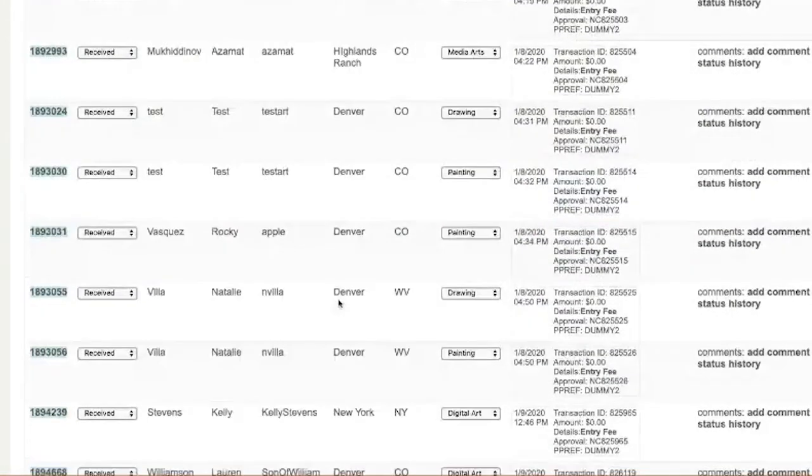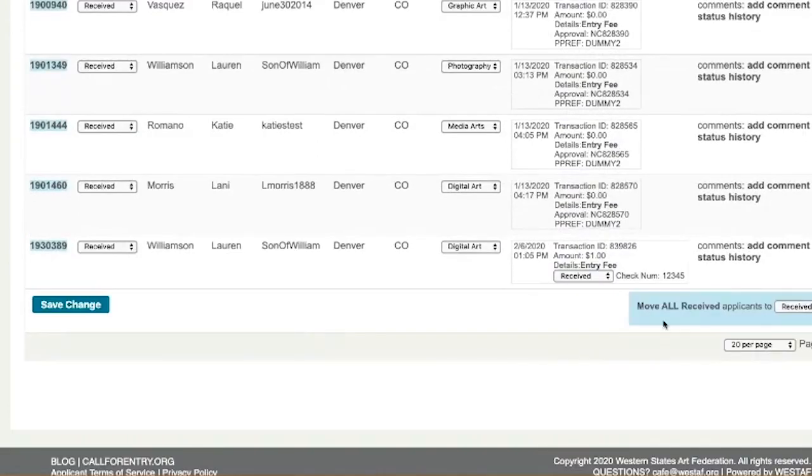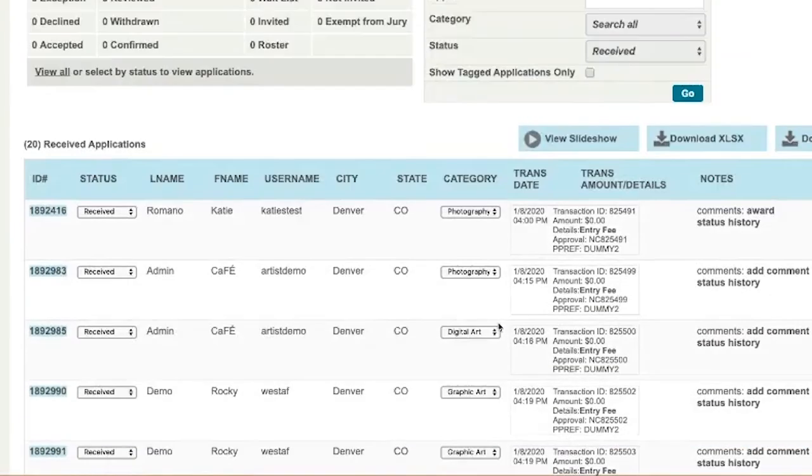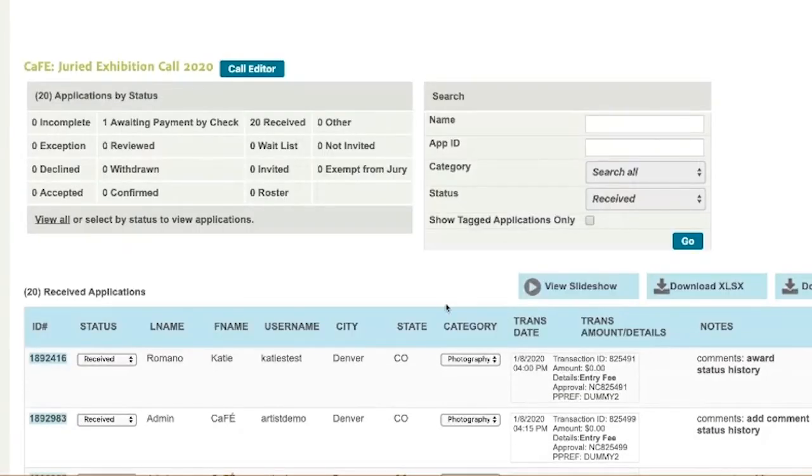Unfortunately, well, it's not unfortunate, it's kind of a good tool that it's not actually included here. You can't change everyone at once to incomplete, and that's kind of just a fail-safe to make sure that we're not giving access to everyone back at the same time to a big batch of artists. So it's important to note that an incomplete status allows an artist to make changes to the application before the